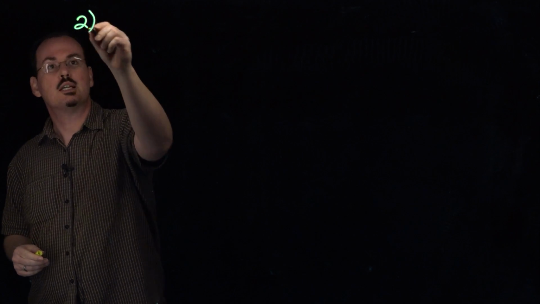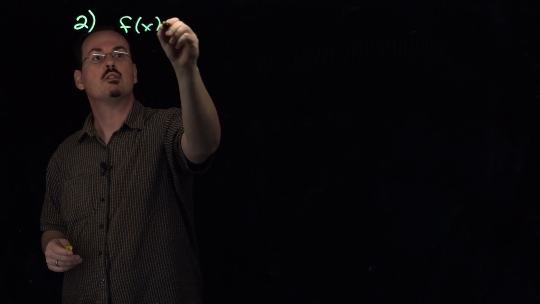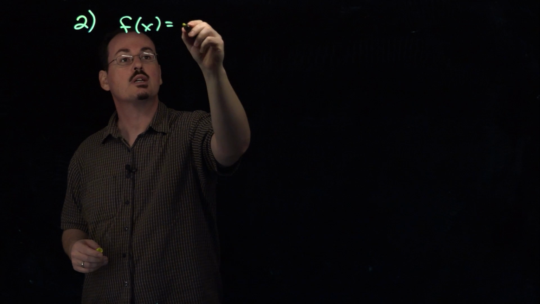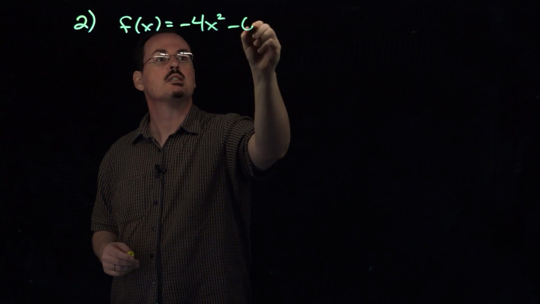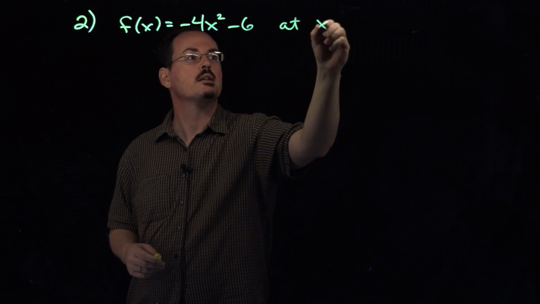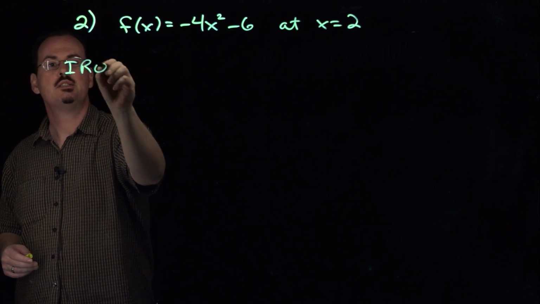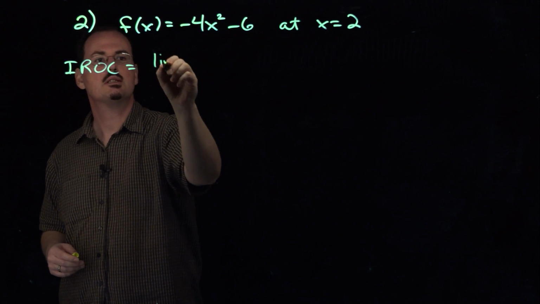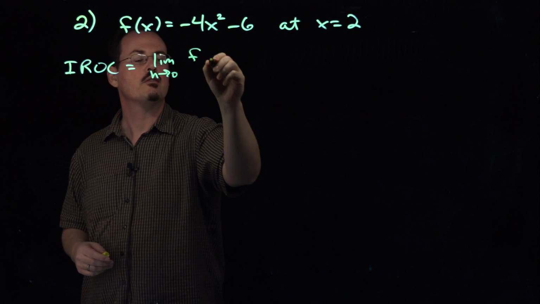Section 3.3, problem 2. This is asking us for the instantaneous rate of change for the function f of x is equal to negative 4x squared minus 6 at x equals 2. So remember the formula for instantaneous rate of change was the limit as h approaches 0 of f of a